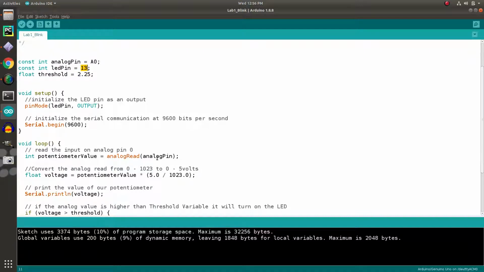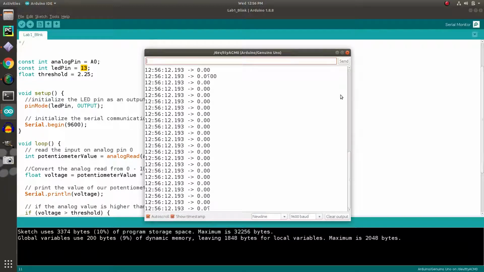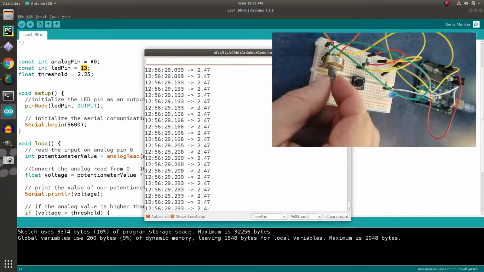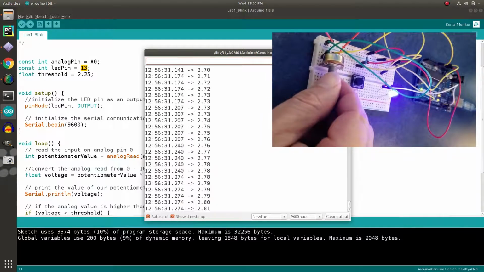And so I'm not going to bore you with all the code, but you can see some things that I have here. But what I think is cool is I like to turn on the serial monitor. And right now I have my potentiometer all the way to the left, as you can see in my picture-in-picture. And as I turn it up, I see my voltages increase. My LED is not on yet, but as I get to 2.2 and over, it now turns on